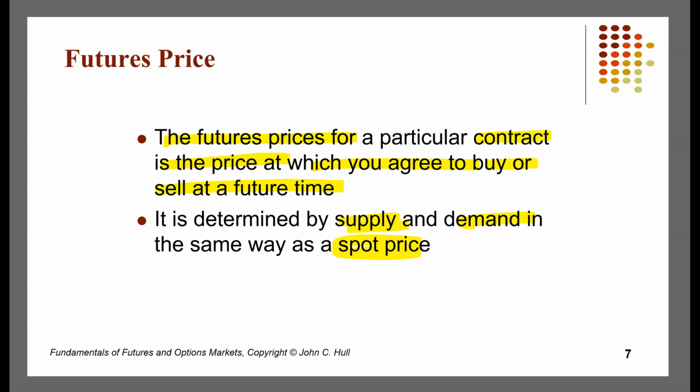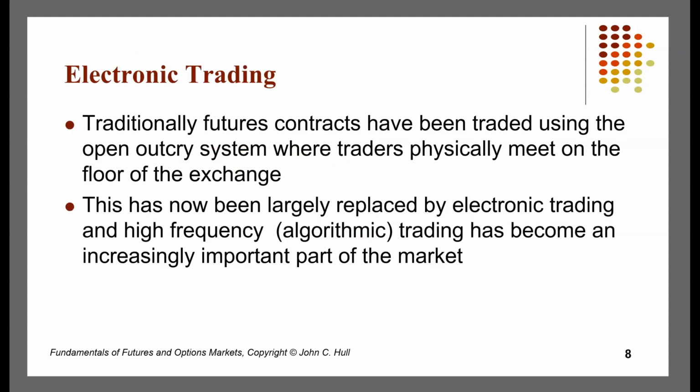Now, it used to be that the exchanges where all the trading of these derivative contracts was done used a system that is referred to as the open outcry system. The open outcry system is a scenario where you had a physical location and traders got in there and negotiated with each other. Now that has since changed quite a bit. Today, most transactions are done electronically. We still have a little bit of transactions that are done physically between traders of these contracts,